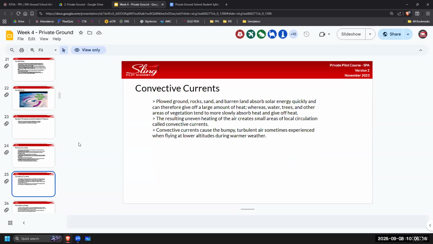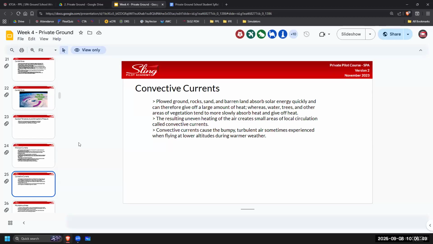This has to do with if you've ever been to Compton. And we're right in the middle of summer now. So if you've been over to Compton and you're on short final, maybe even a little bit at Torrance too, because we have a lot of buildings, but especially at Compton, and you're on short final to the runway and you get knocked up right before you cross over the displaced threshold, that's a part of convective currents. That's creating an updraft from the unequal heating of the ground.